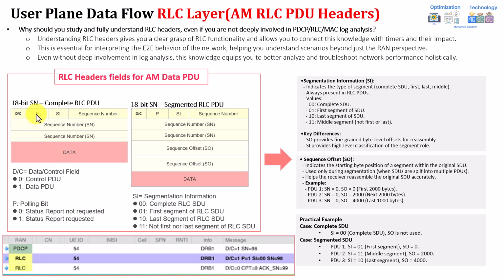And you have something called the polling bit, as you can see here, 0 or 1. This is used whenever the transmitter is requesting the receiver to send feedback about the data, whether it was received correctly or not, for example, sending ACK and NACK. So it will set this flag to 1 if it's requesting the receiver to send a response, telling it: please, I need a response now about this segment or sequence number, to tell me whether it was received correctly or not.